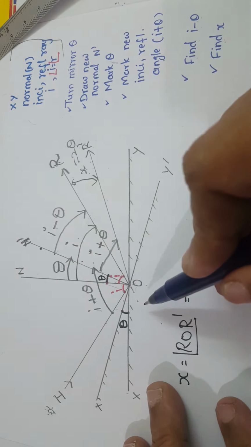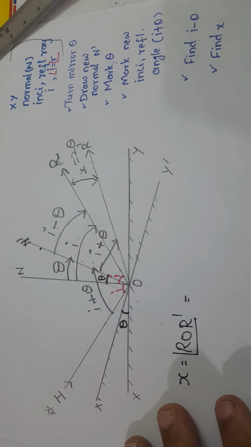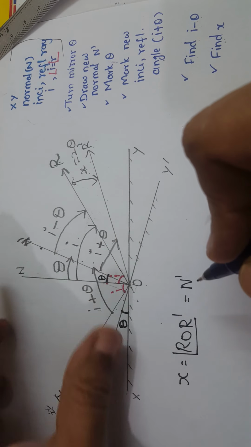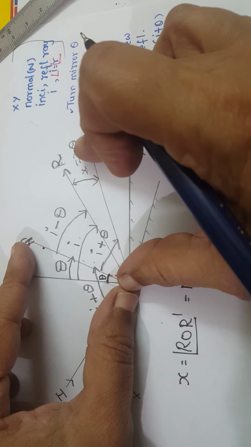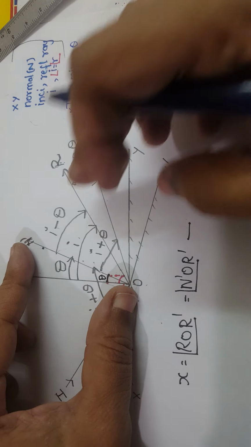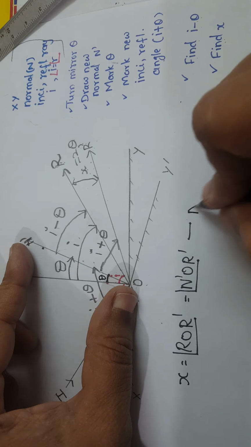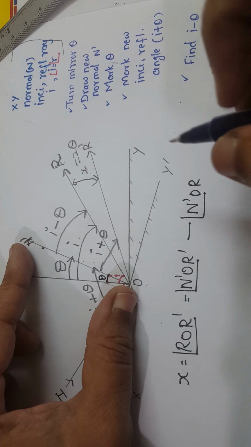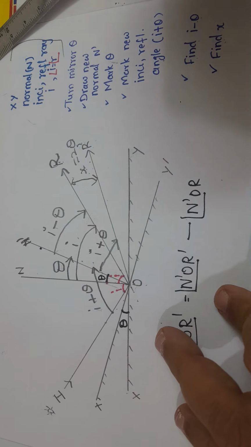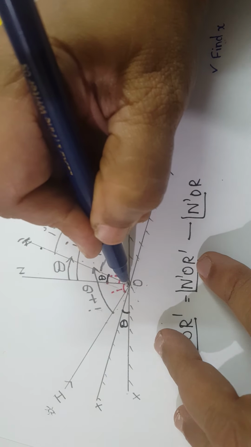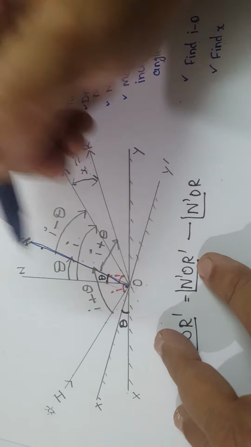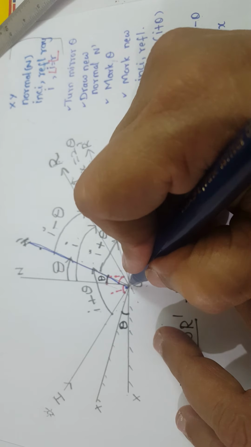From this angle N dash O R dash, you have to subtract this angle N dash O R. If you subtract these two angles, I will redraw it again for you. Here it is, right? From this angle N dash O R dash,